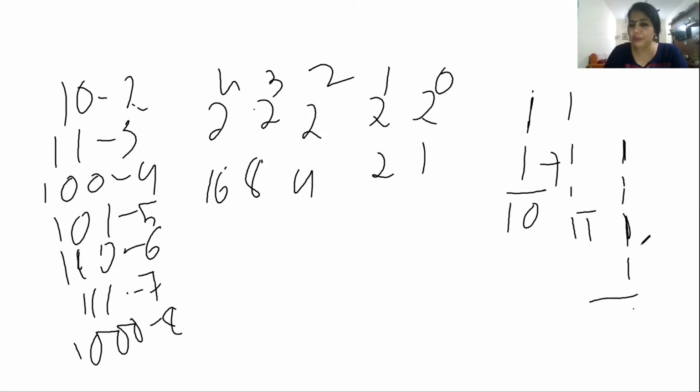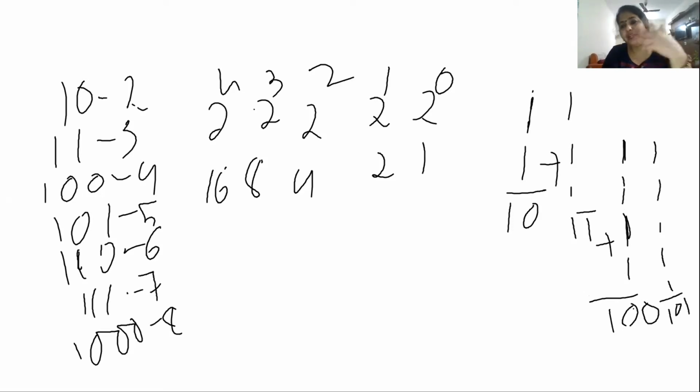For 1 you have to add, then it will be 1 0 0. That is what you get from here. That is the table you will remember: 1 0 0 is 4. So no problem. Okay, so if you memorize it, then it will be easy for you. Same way, if I am writing 1 1 1 1 1, that is 5, then it will be 1 0 1. Okay, so it will be required in the multiplication case.